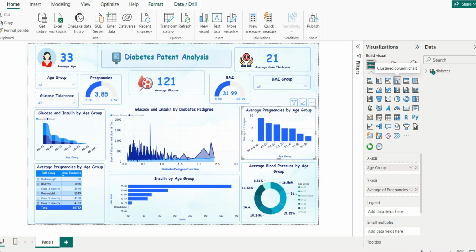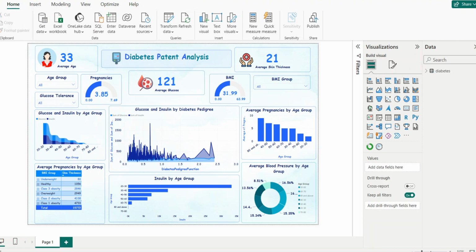This chart explains the average pregnancy by the age group. This gives some extra information to us. This tells us about the average pregnancy by age group. This gives us the specific information of the pregnancy and at what age the female has been pregnant. Next,